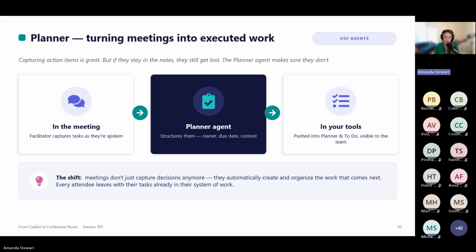And this shift is huge because meetings stop being a place where work is just talked about, and it becomes a place where work is captured and assigned and moved forward automatically. And every attendee walks out with their action items already in their system, right? In their Microsoft application system. So nobody's relying on memory or a screen grab you took of a presentation you were half listening to, because we're all multitasking.